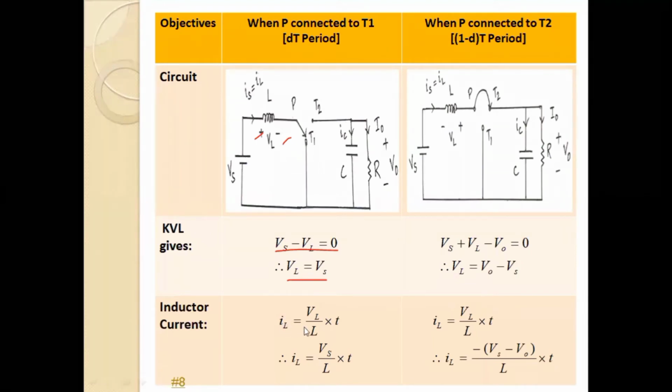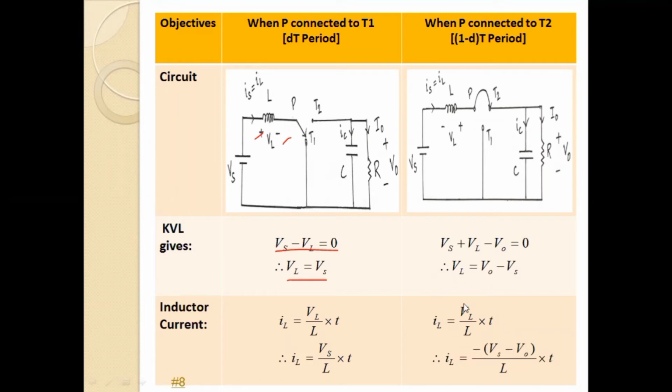Okay. Next, your inductor current. I have now derived the inductor current by showing the integration. By now you should know that IL is equal to VL by L into T. What is VL in this case? Vs. So I have substituted over here, IL is equal to Vs by L into T. Again like last day, IL is y axis, T is x axis, so y equal to mx. Since Vs is positive, Vs by L is a positive slope, so it should increase. It should increase like this.